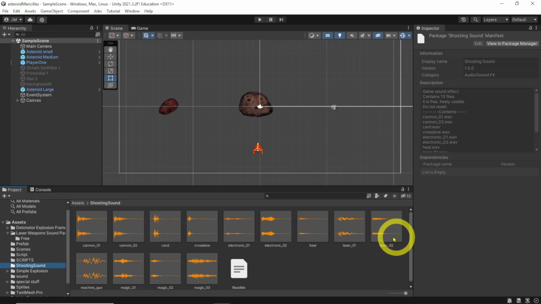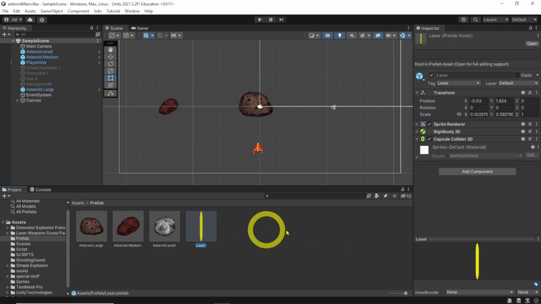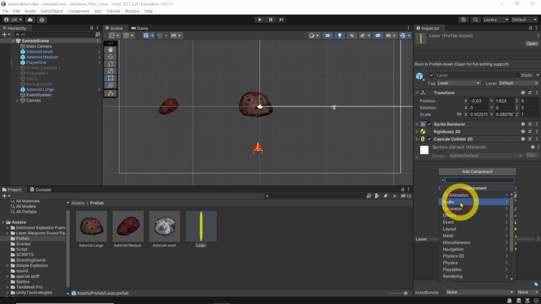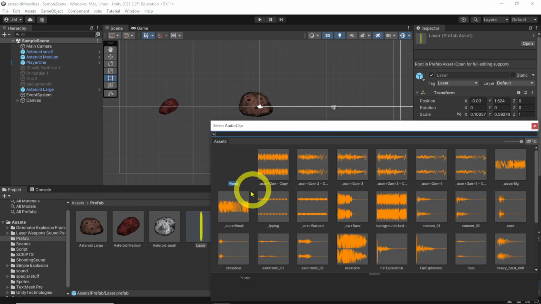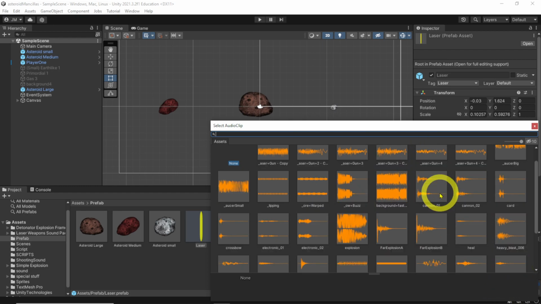All right, so I think I'm going to go with one of these laser sounds. So let's go ahead and go to the bullets. Where's my bullets? Is my prefab. So there's my bullets. Don't need code for that, so we're just going to add a component. We're going to add audio, like I've shown you, an audio source. We're going to add the audio clip right there. You can come back and look for it, or you can click here with this little circle, and you should be able to see the last ones that you went to, right? If you don't see it here,